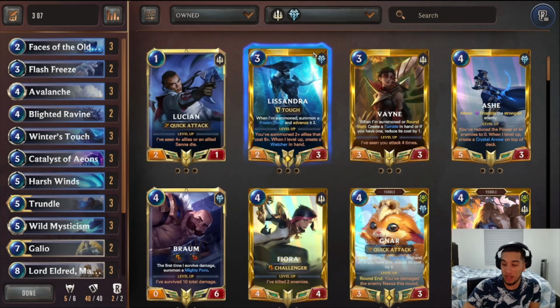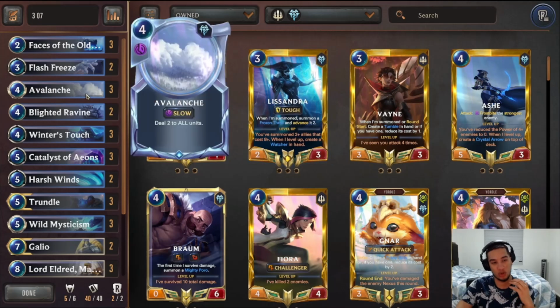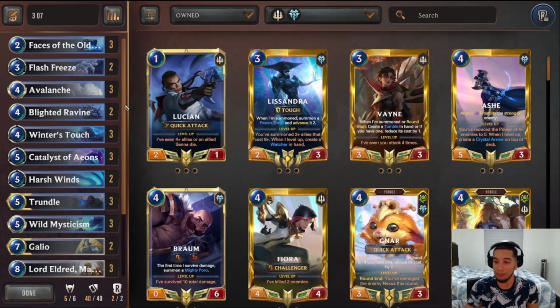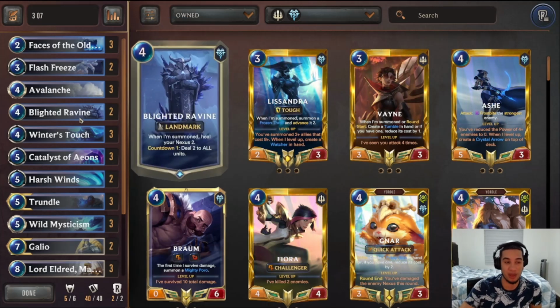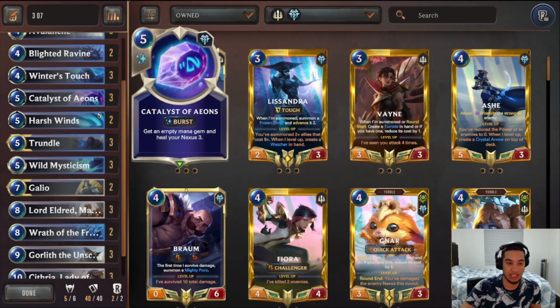Now, in order to get to our win condition, we do also need to survive the game. And to do that, we are playing triple Avalanche and double Ravines. At first, I wasn't playing these removal cards, but I found myself getting aggroed down by Pirate Aggro or other aggro decks that were just ignoring what I wanted to do. So we are playing double Ravine, triple Avalanche, and then we are playing double Flash Freeze and double